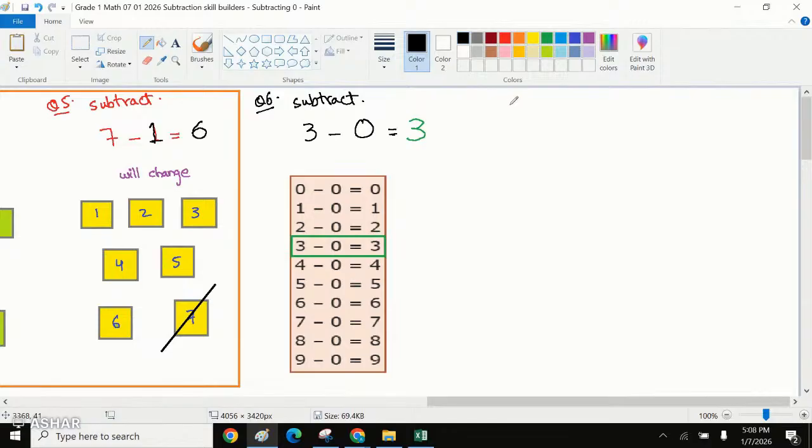Let's look at question number 7. And question number 7 says subtract. Okay, let's get the values. You'll have the same question on your screen once you've logged in. Okay. So the next question is 5 minus 0. Okay. So how can we say 5 minus 0? What should be your answer? 5 minus 0 is always equals to,